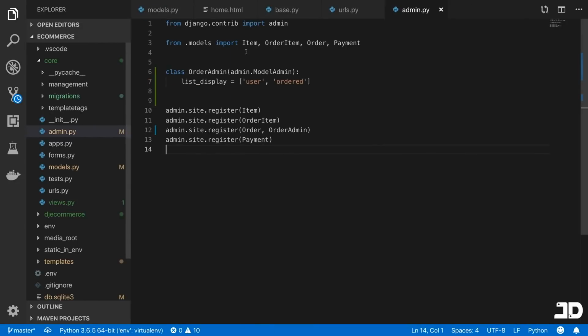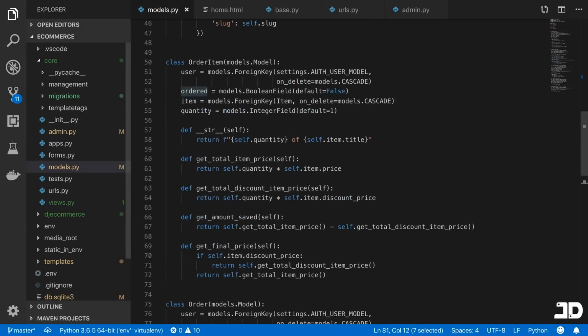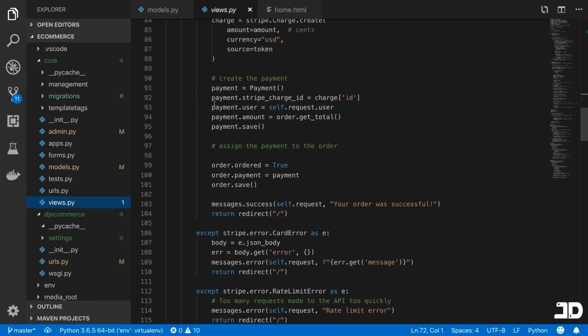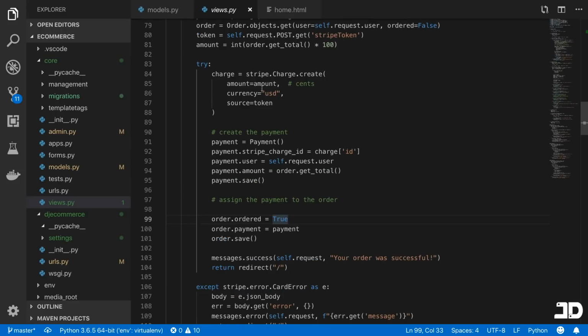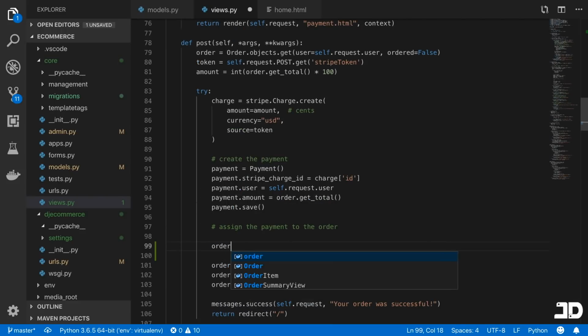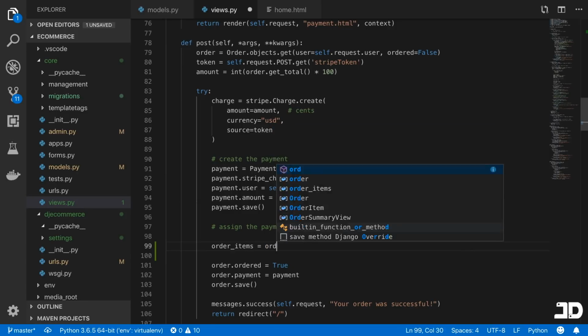So what we need to do is go on to our order item, and here we have the ordered field, and we weren't changing this value last time when we were submitting the payment. So let's just go here to the view, and here when we were saving the order, we were saying order.ordered equals true, and we needed to do the same thing for all of the items in the order. So what I'm going to do here is just say that the order items equals